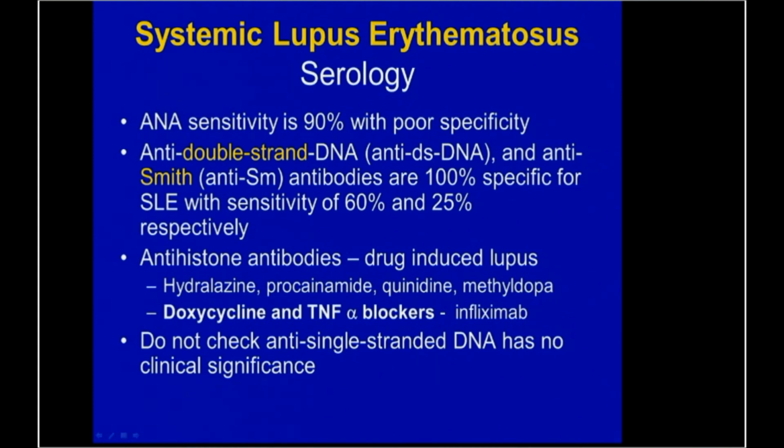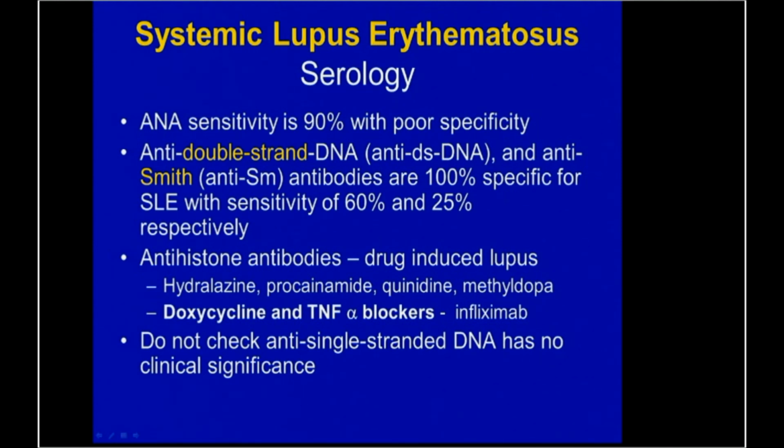The anti-histone antibody, that's drug-induced lupus, and I'm sure that you know these things. And why I put this in bold letters, I'm going to tell you. We know the big list of drug-induced lupus, the classic, which you most probably get a couple of questions on: hydralazine, procainamide, quinidine, methyldopa, all these things are the classic. However, we added doxycycline, we added the tumor necrosis factor alpha blockers such as infliximab, because we have been using this medicine a lot